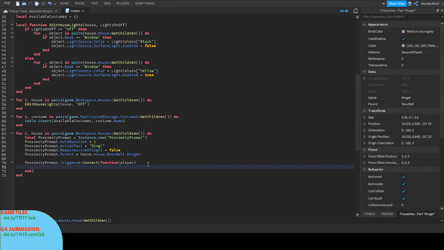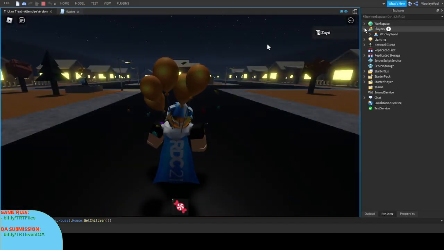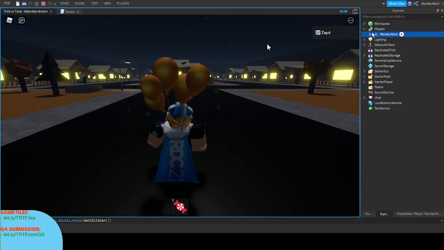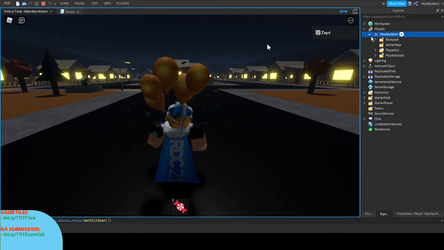So what we want to do is, first, we want the player to not move. We don't want the player to walk around when someone's giving you candy. That's kind of weird. So first we want to identify the character of the player. We have the player instance. I'm going to click play just to show you. Inside of the player service, we have the players. In our case, we have me. And this is where we put stuff into the backpack,